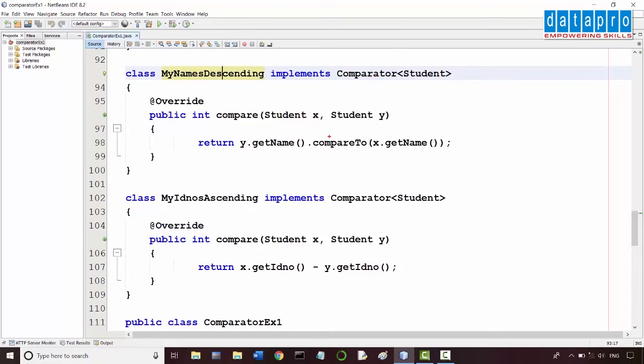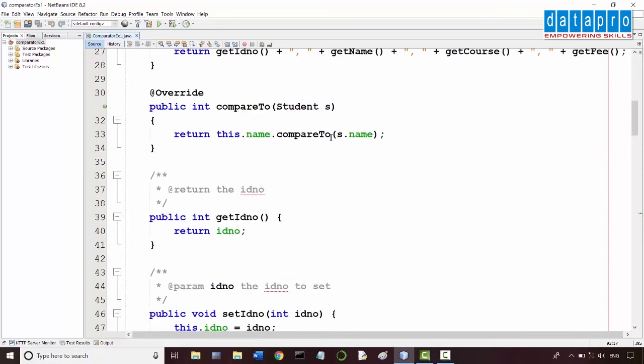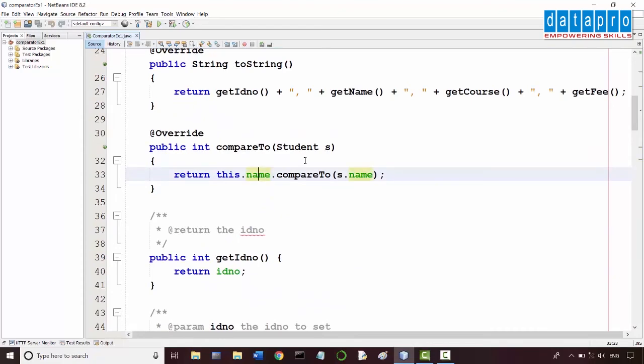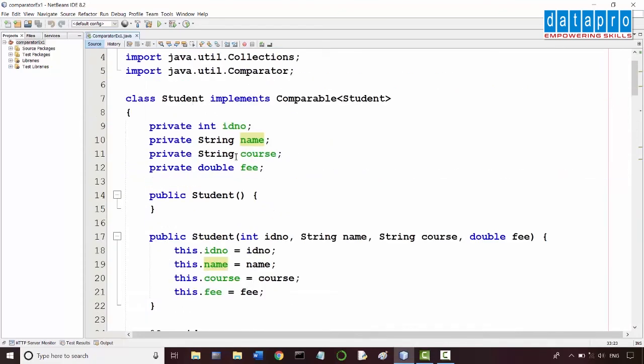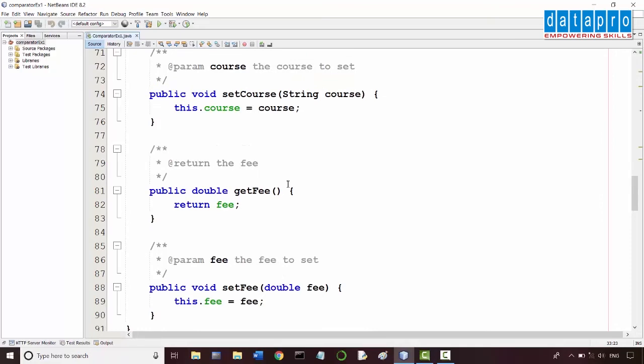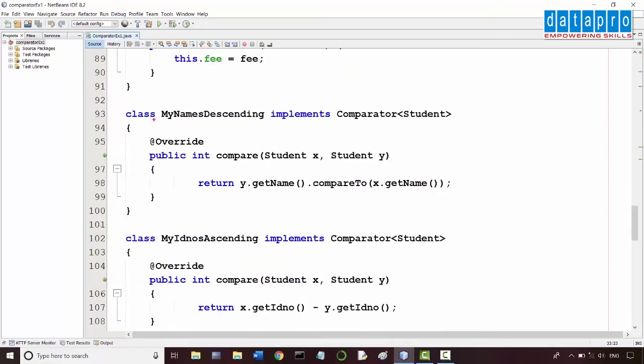Now see, in the previous example, you could access the fields directly because it is the same class. But now we are accessing those fields in a different class. So that's why we are using getter methods. You know that private data can be used only by the same class members. As it is a different class, we have to go through getter methods to access the private data. That's the reason why I have added getter methods. So in this example, setter methods are not required. Just like that, I have added them.